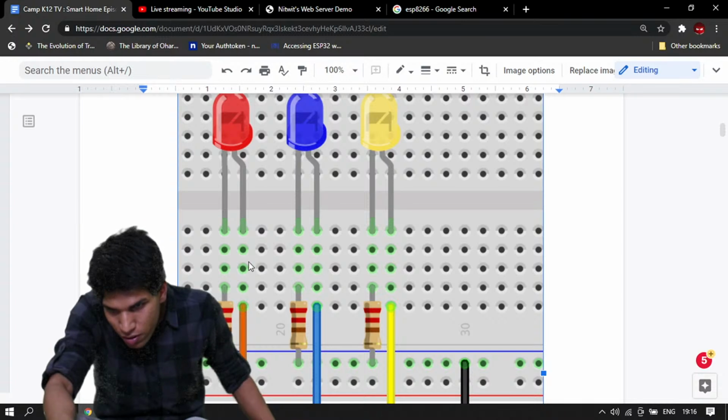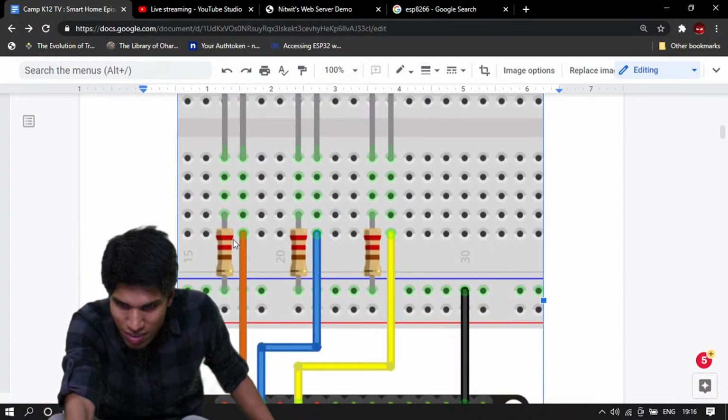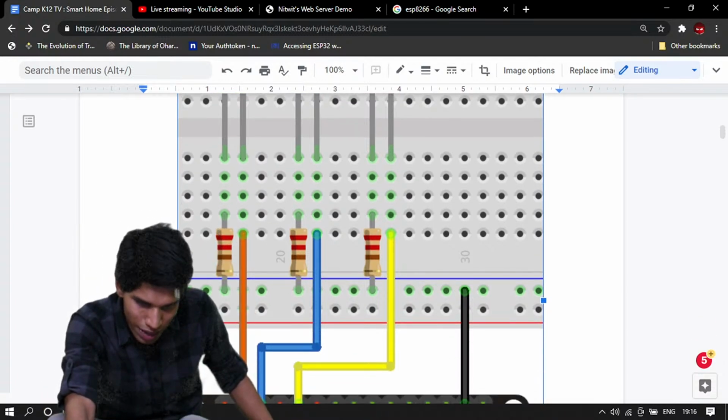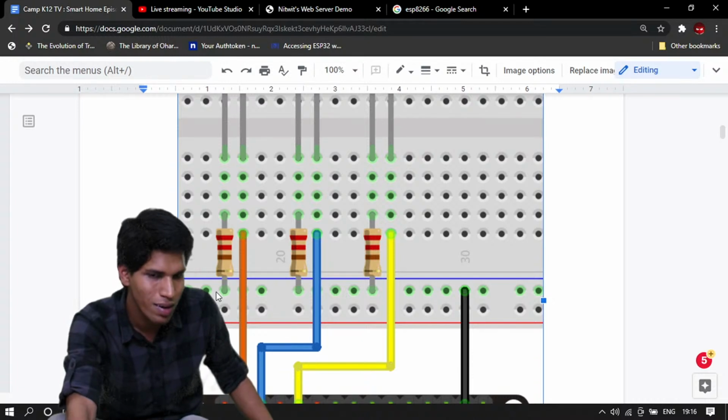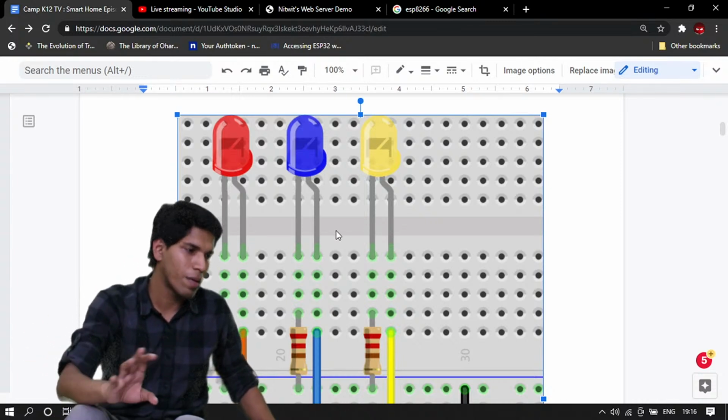Inside the board, everything is connected horizontally, and outside with the red and blue lines, everything is connected vertically. So we use a breadboard to reduce the wiring.